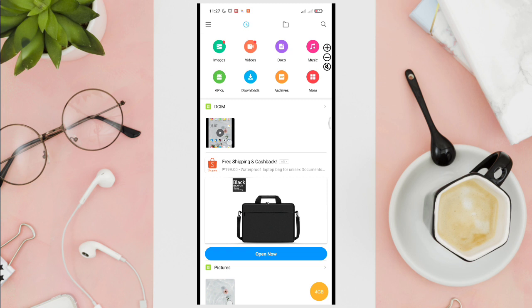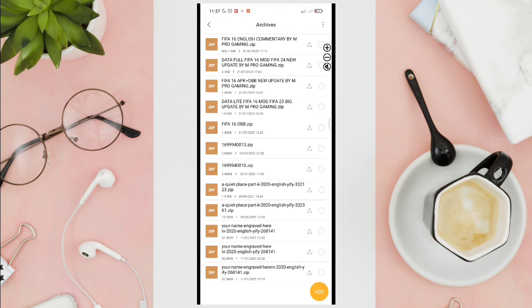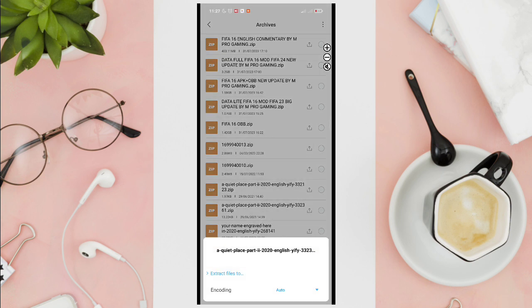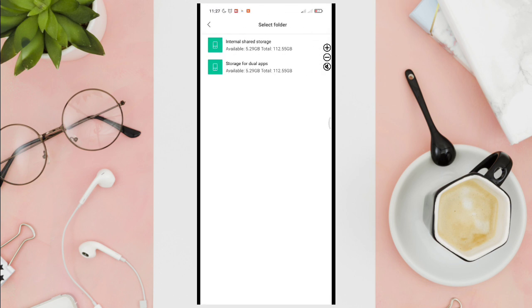Since I have my ZIP files in my archives, I'm just going to tap on it and then I'll be able to see all of my ZIP files here. In order to open this, let's tap one of these and then tap on extract files to